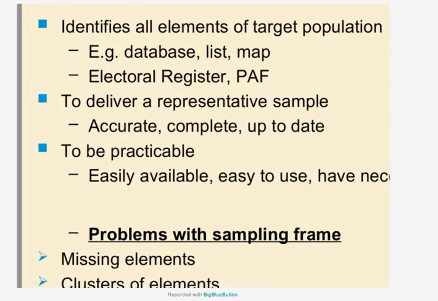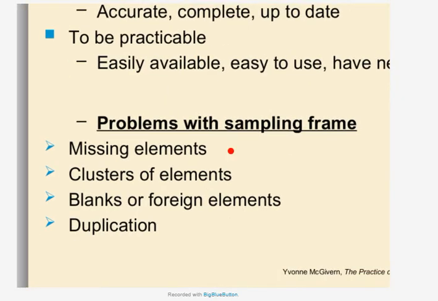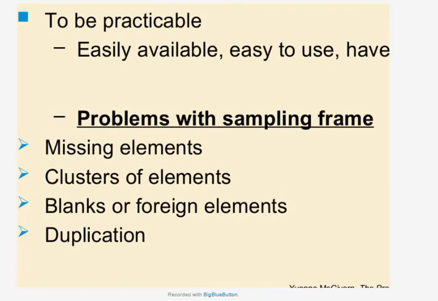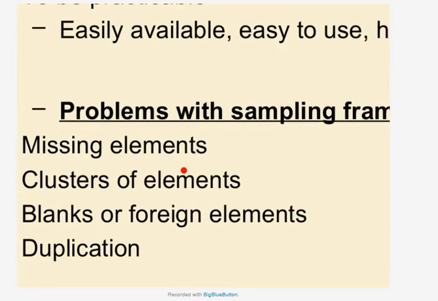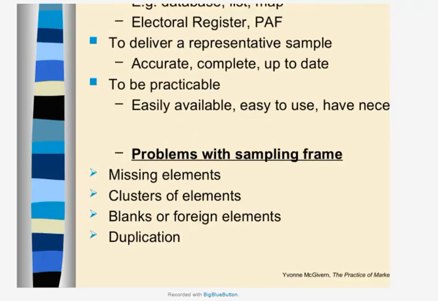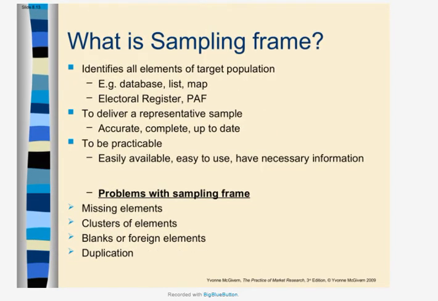تمام؟ there are many features لازم تكون في السامبلنج فريم دي، إنها لازم تكون accurate، لازم تكون complete، لازم تبقى up to date، ما يبقاش فيها حاجة ناقصة، ما يبقاش فيها حاجة زيادة، تمام؟ ما يبقاش فيها duplication، ما يبقاش فيها foreign elements، ما يبقاش فيها حاجات فاضية blanks، ما يبقاش فيها missing elements، تمام؟ ده السامبلنج فريم. عشان أختار العينة صح لازم الفريم عندي يكون كامل. طيب